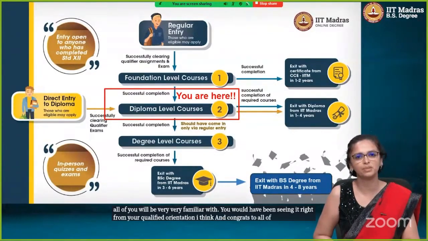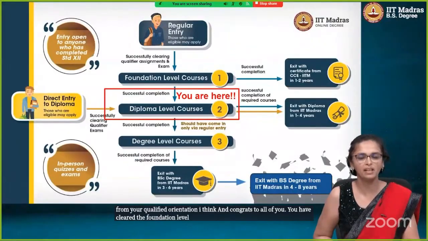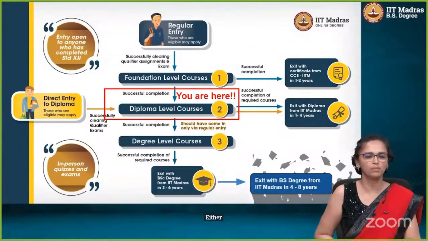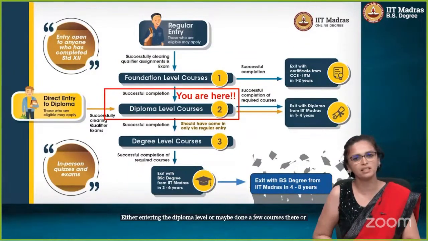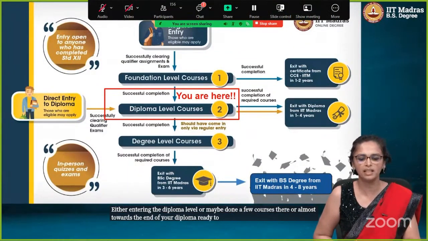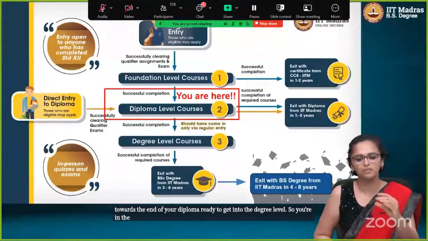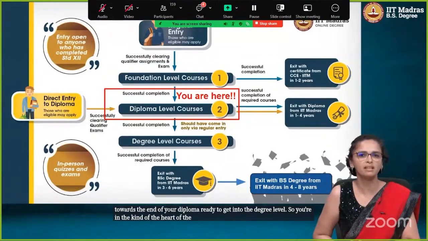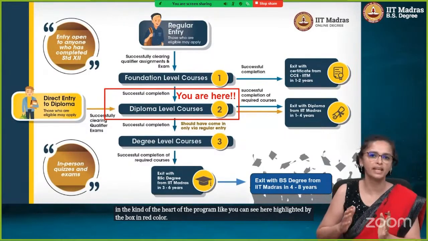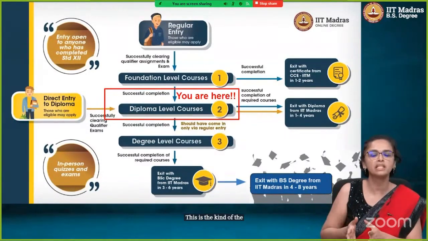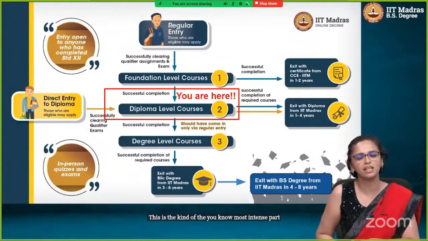You have cleared the foundation level and now you're in the diploma level, either entering the diploma level or maybe done a few courses there, or almost towards the end of your diploma, ready to get into the degree level. So you're in the heart of the program, like you can see here highlighted by the box in red color. This is the most intense part of the BS degree program, we can say,